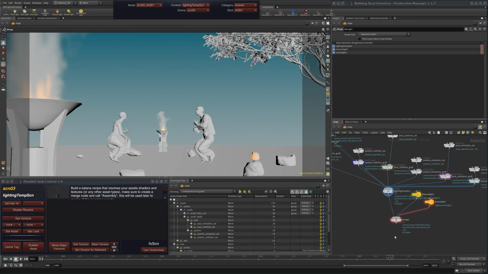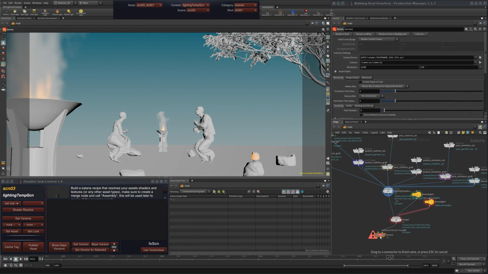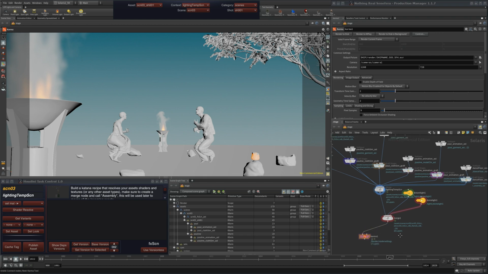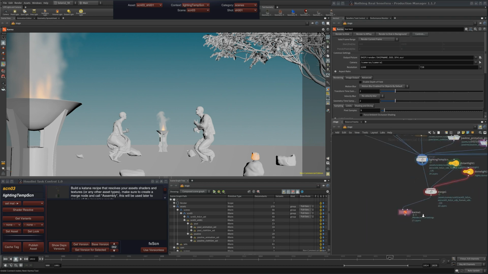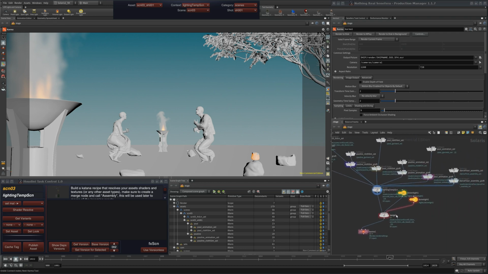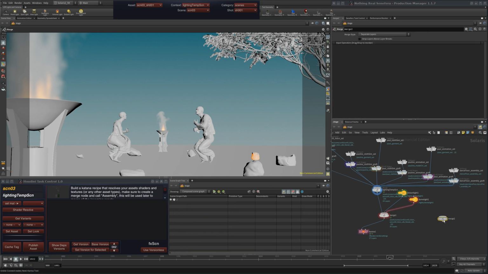And let's say that we have render layers or render passes. Let's say that we have multiple layers. Let's say that you want only these two assets to be members of another render layer,